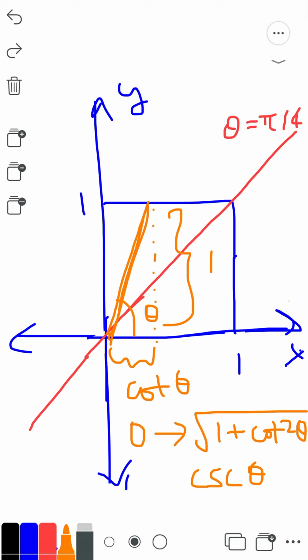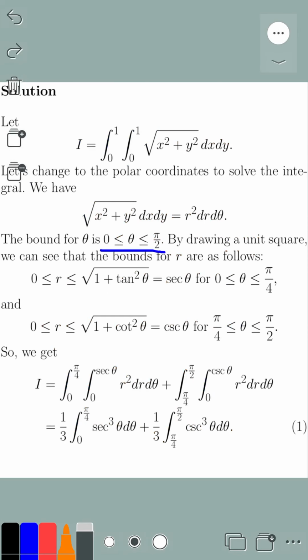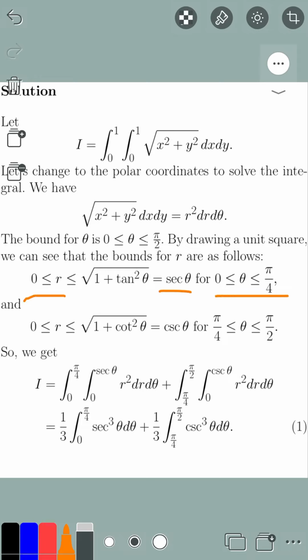Alright, so that's how we get the boundaries for r and theta. And so you see here, r from 0 to secant theta for theta between 0 and pi over 4, and r goes from 0 to cosecant of theta for theta between pi over 4 and pi over 2. And using these boundaries for r and theta, we get, after changing the integral to polar coordinates, the integral I is equal to